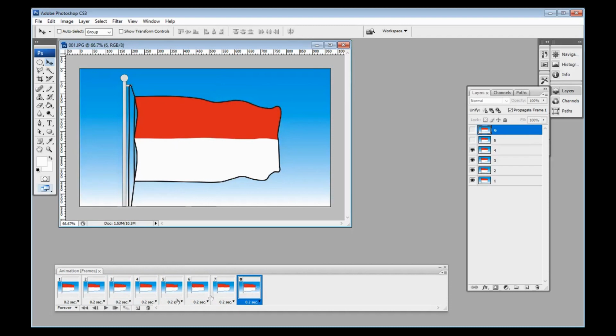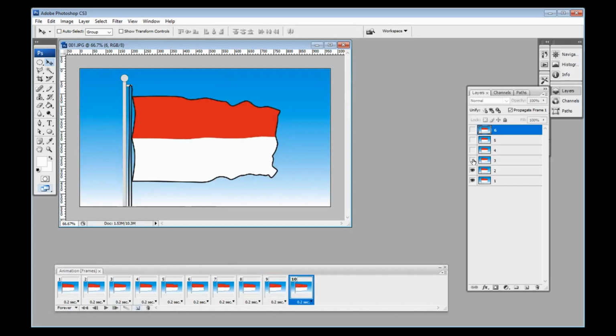Maybe duplicate and number 3, duplicate number 2. Okay, let's try. Okay, it makes it very smooth, smoother than before.